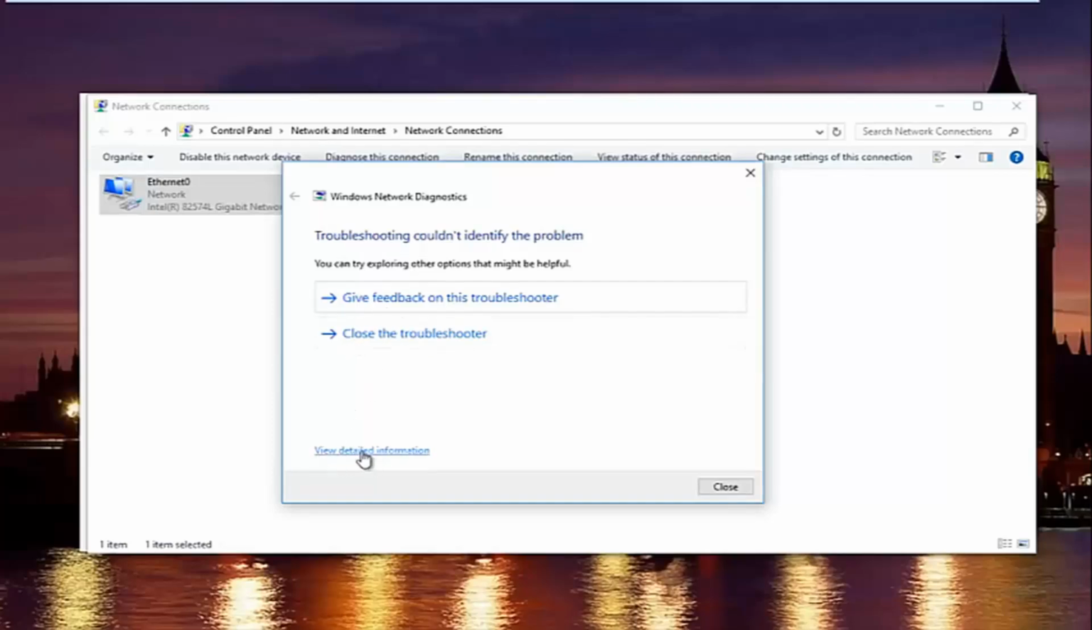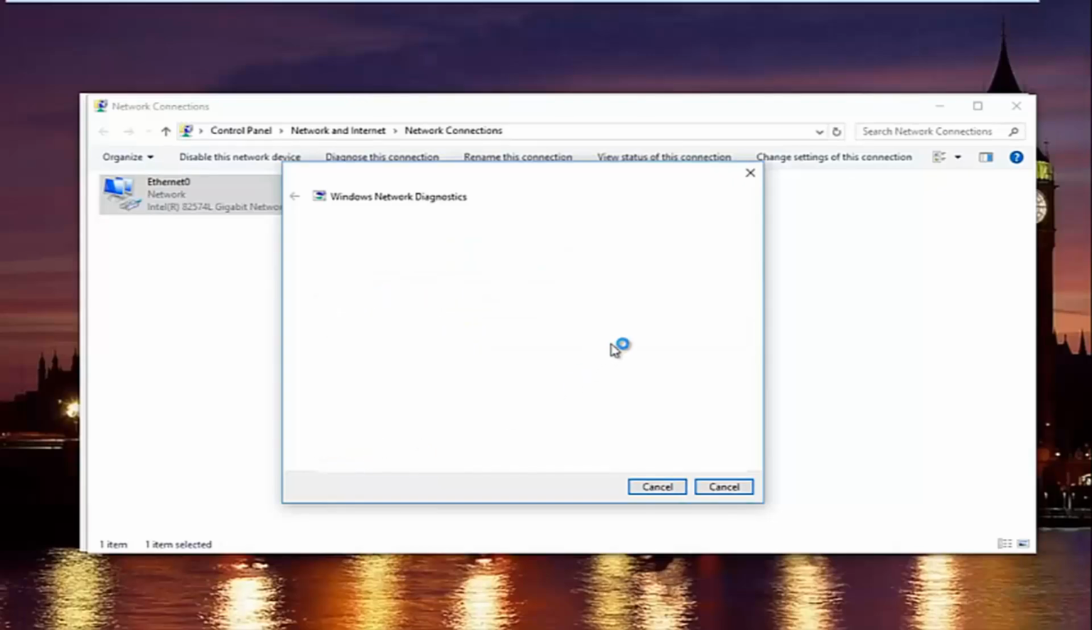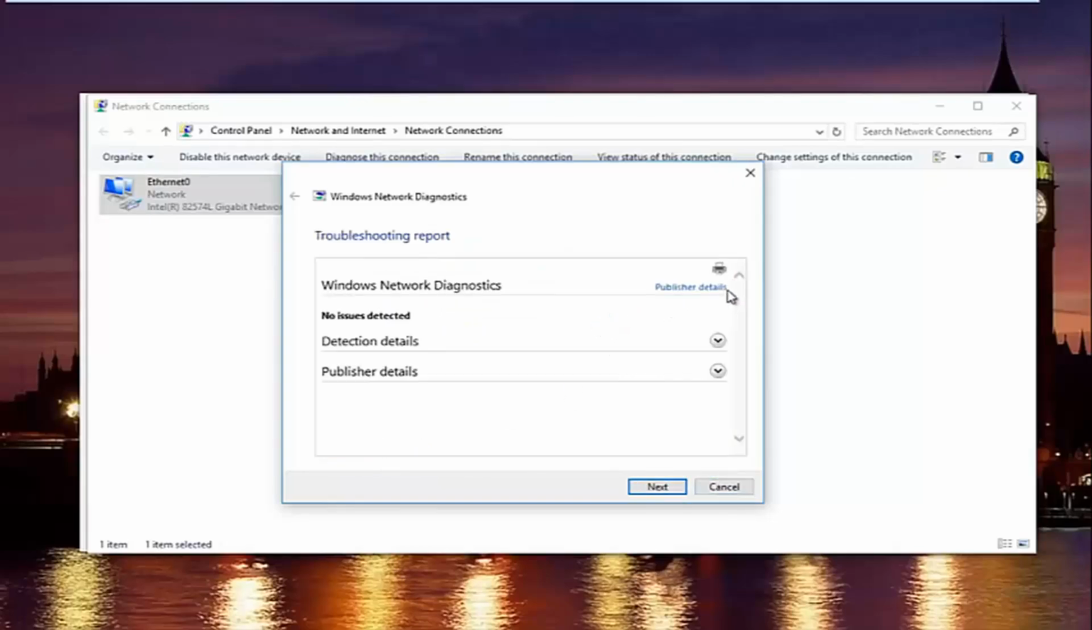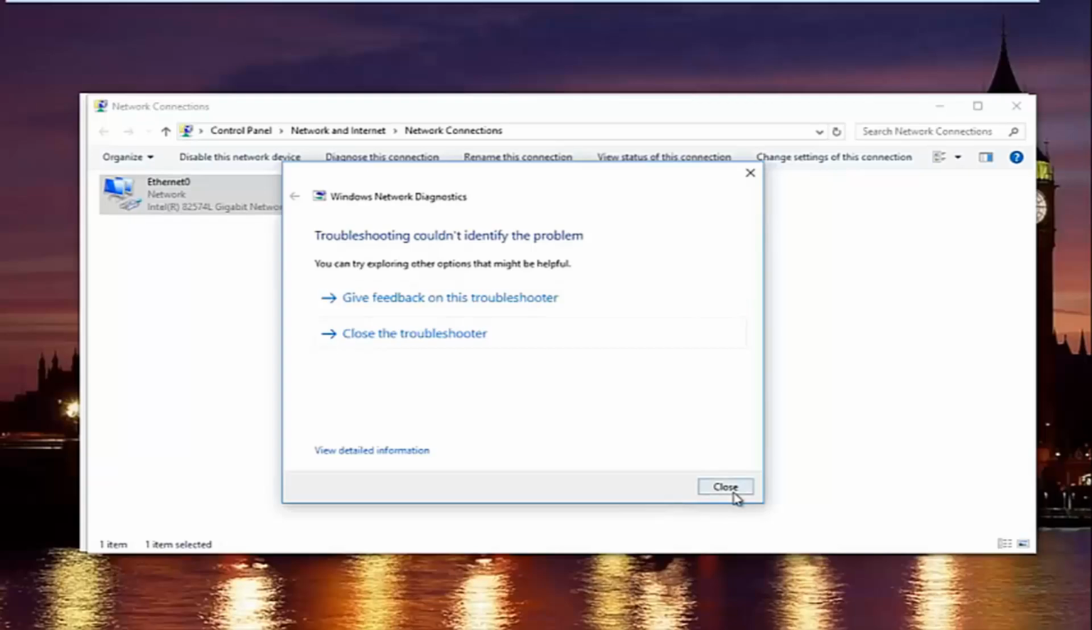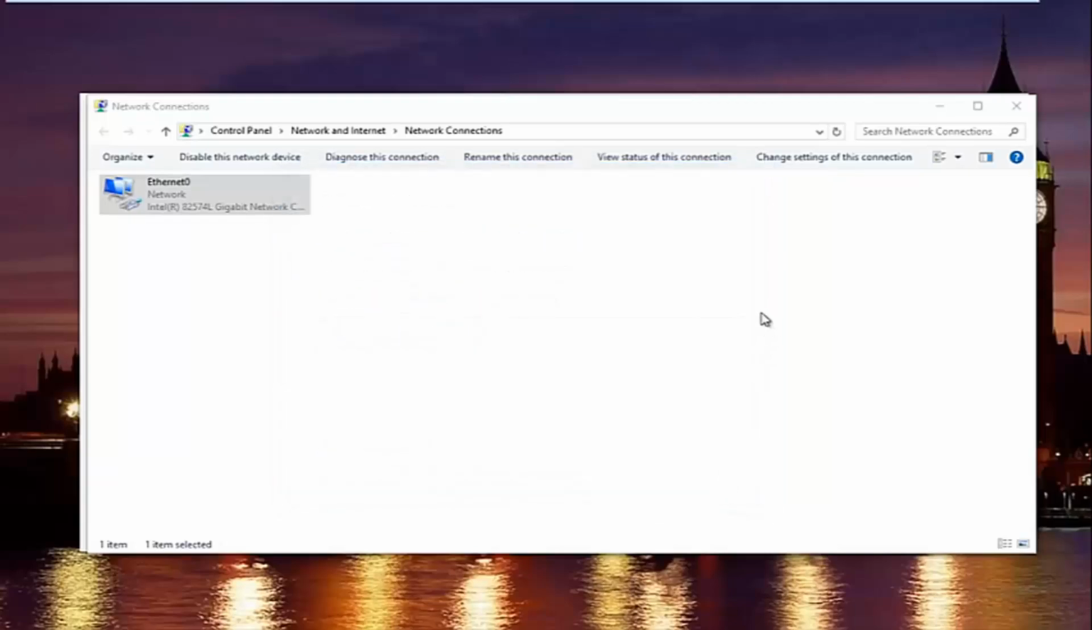So if you want to actually view more detailed information, you can click on this little hyperlink at the bottom here, and it'll give you more information about exactly what was scanned and so forth. But we are going to just click on next to get out of here, and then try your internet connection again. If that still did not work, what I'd recommend doing is finding out what your network adapter is and